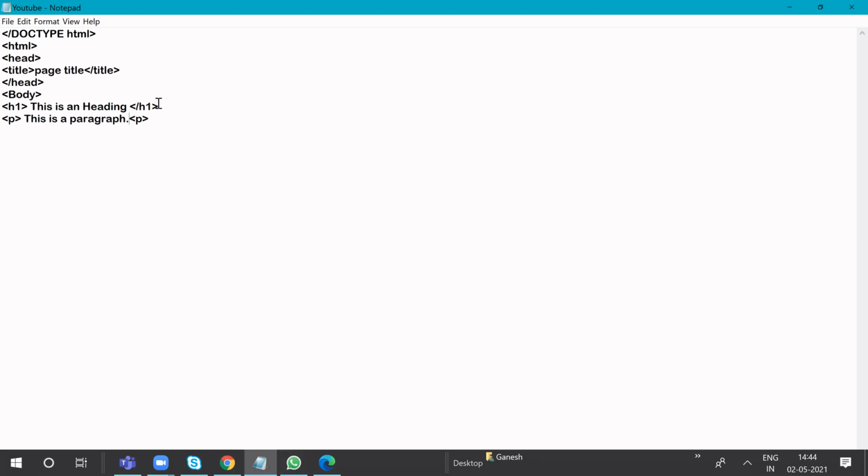And then after that, you need to close off this body tag which you opened here. Closing of the body tag, and closing the html tag which you opened here. You need to remember to close all the tags, then only the code will run properly. So this is our code over here.